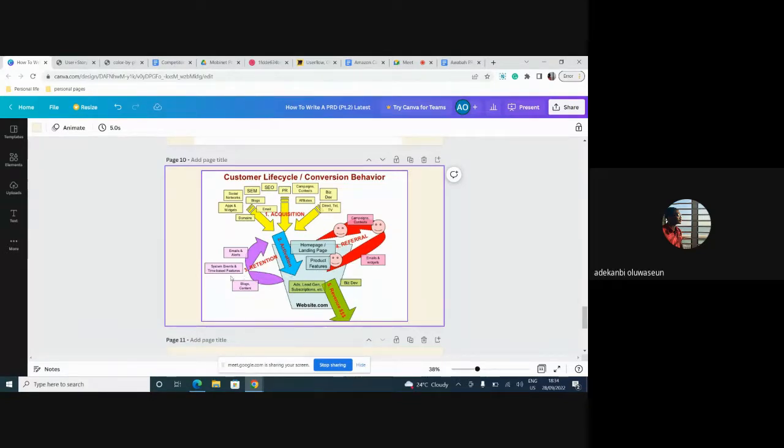So you measure retention, and retention is where you say, okay, let us have an email sequence that the moment you sign up, they must get emails that tell them to go back, right? And I'm sure you see this a lot. When you sign up on Flutterwave, the moment you leave Flutterwave, they're already sending you emails to tell you that, oh, you've not uploaded your document, you've not uploaded your KYC, or they also tell you about special discounts that if you come back, you'll be able to get a particular reward. So those things are to drive retention, right? So you also want to measure this and know what you need to do to drive retention.